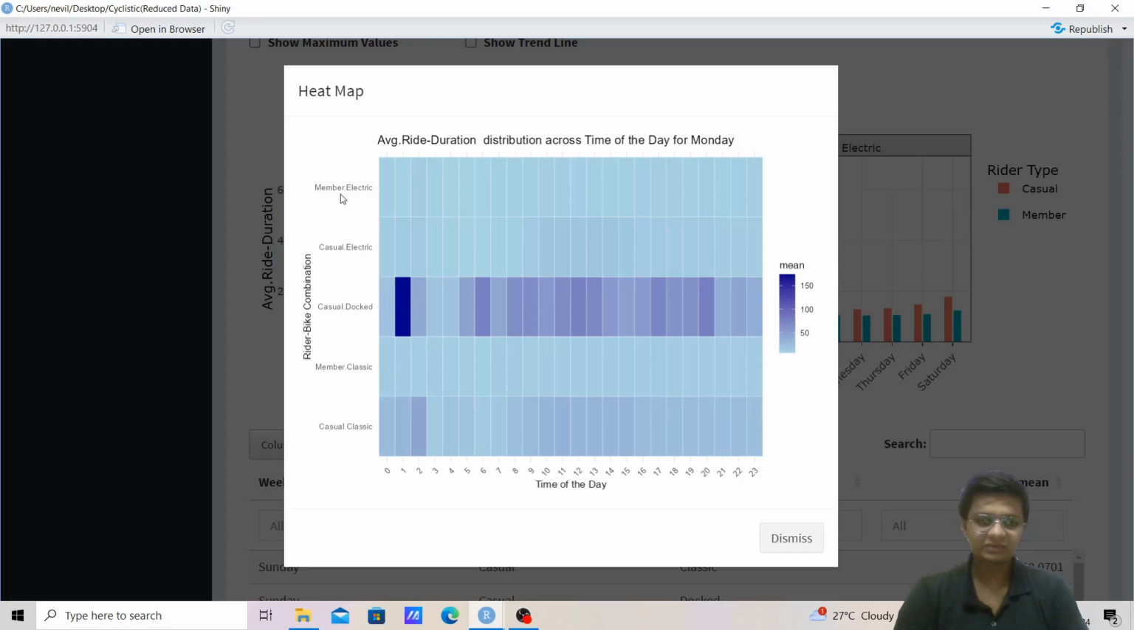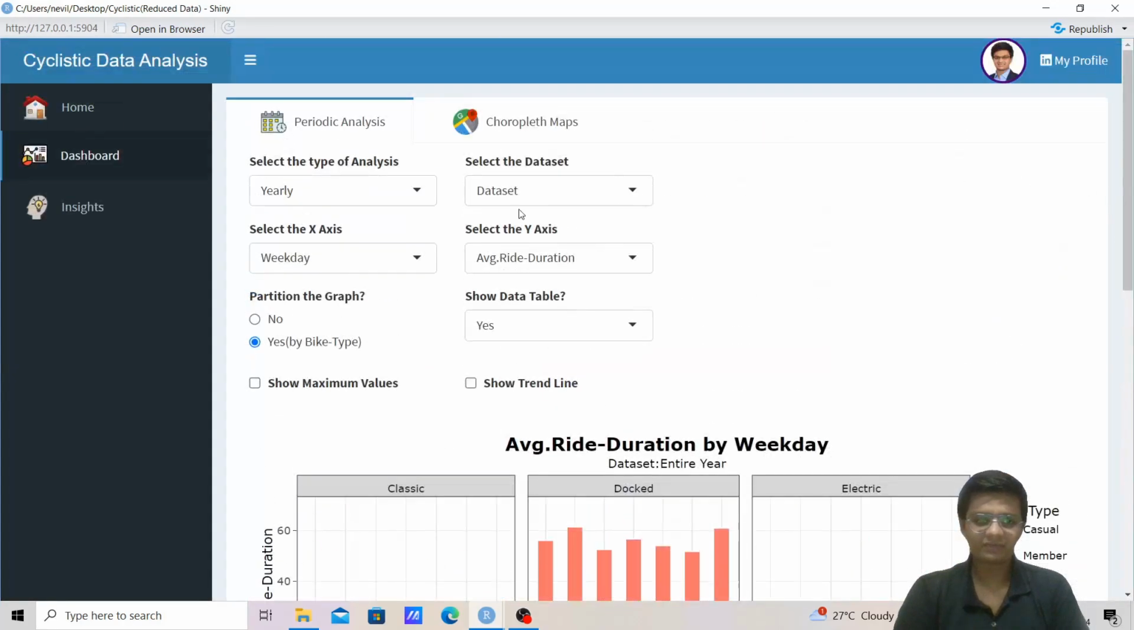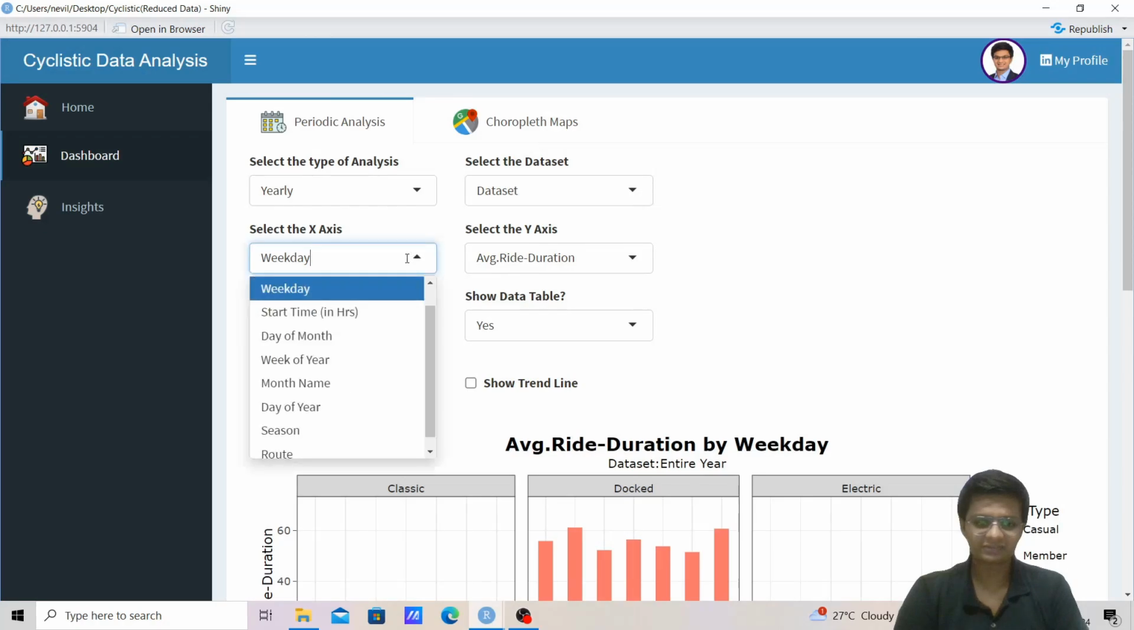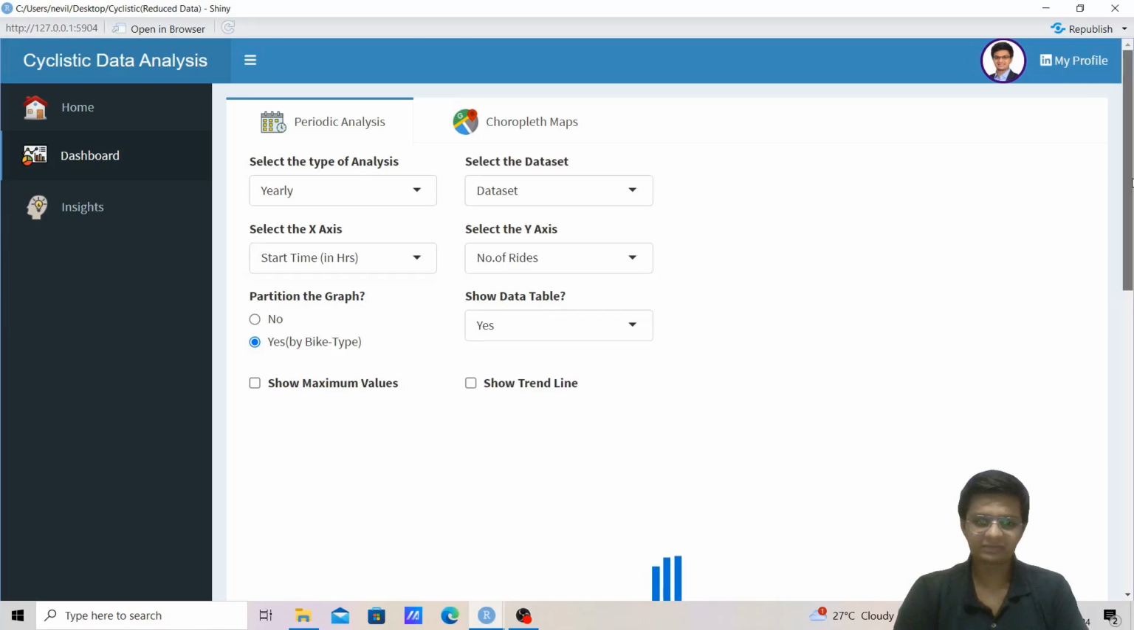Okay. So on the y-axis of the heat map, we can see there's a rider-bike combination, and on the x-axis, it spans the time of the day, right from the 0th hour to the 23rd hour. Okay, and now if I change my x-axis, let's say if I choose the start time in hours,